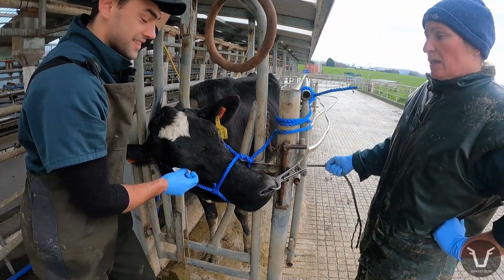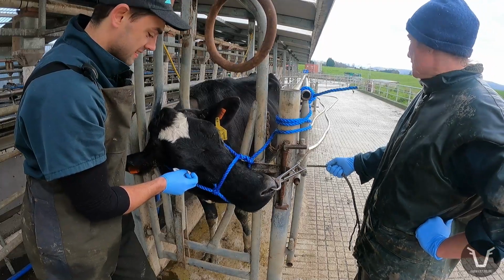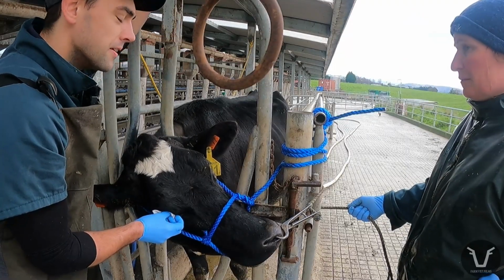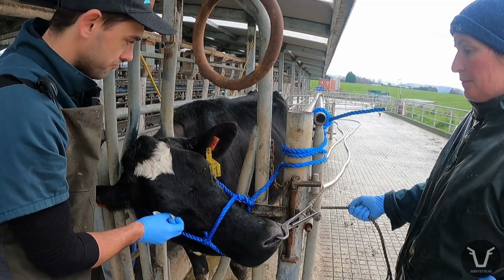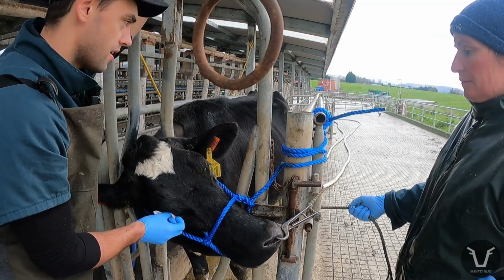Sedation makes a big difference, and nose clips, I think. There's no point fighting them, especially not around the eye. So I think once they know they're caught, they can't, not quite calm down, but they just give up,